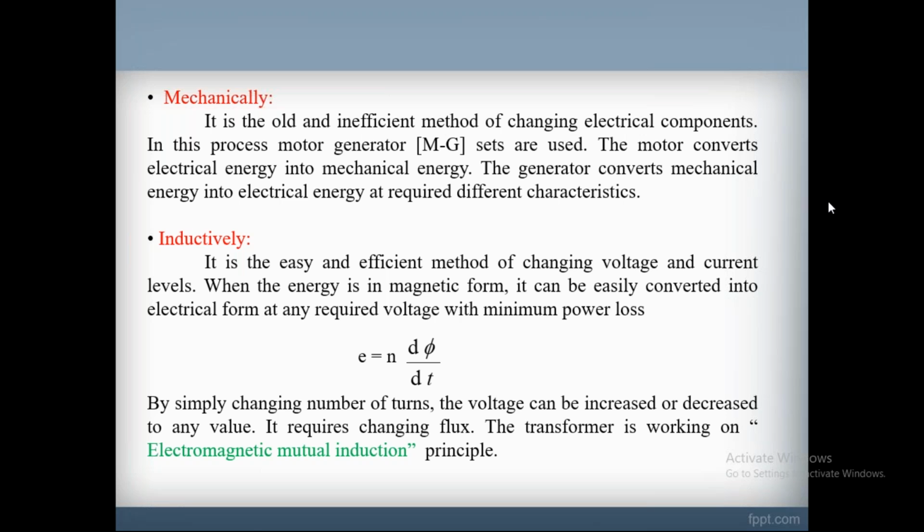So if you consider the motor, we are applying electrical energy and getting mechanical energy. So here the energy is converted from one form to another form. Here we represent the power in terms of watts, that is electrical power. But for mechanical power, we can represent it in terms of torque, speed, like that. So this type of energy mode is converted in terms of mechanical form. Next, the third one is inductively. Inductively means that